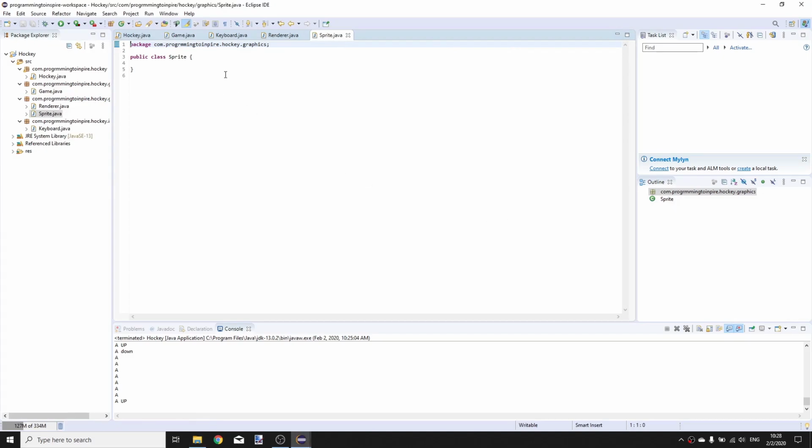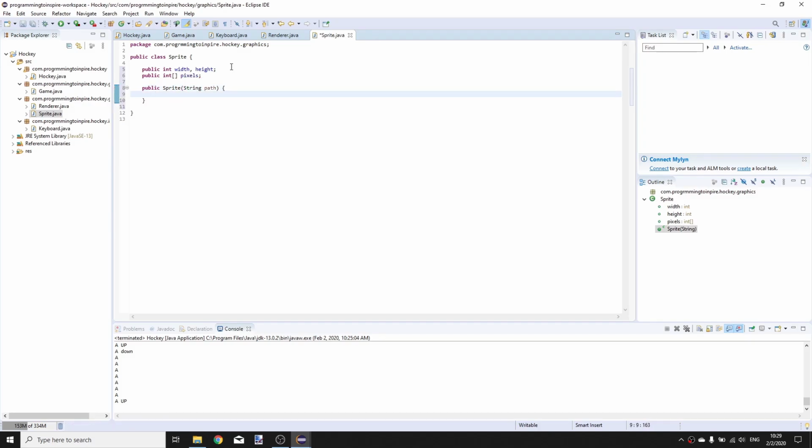In the sprite class we will have a width, so width and height public, int width and height, public int array of pixels, public sprite, a constructor, string path,